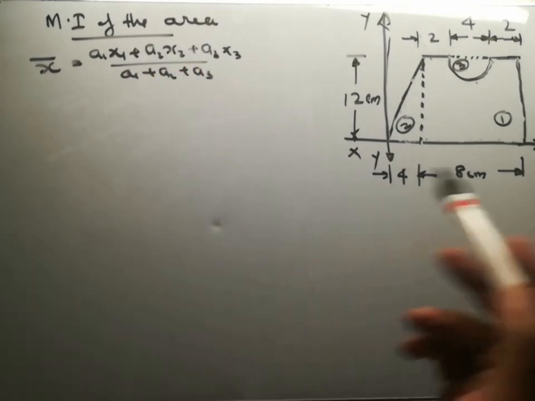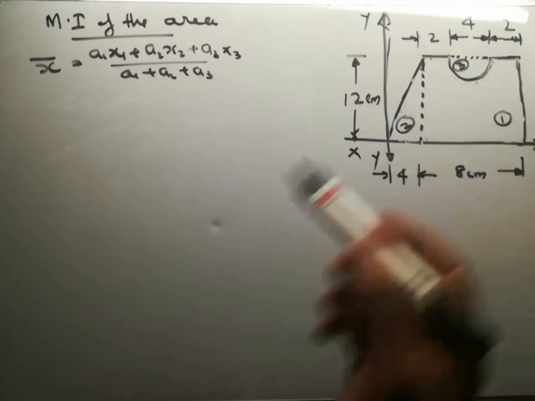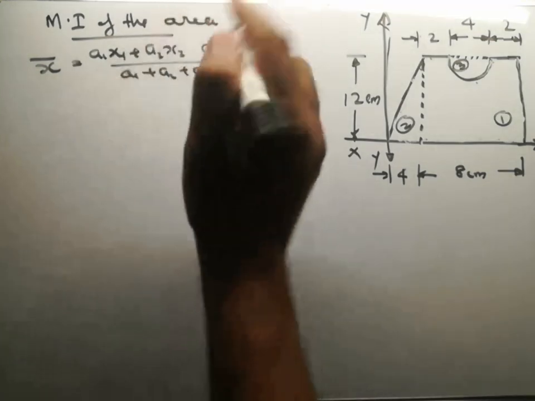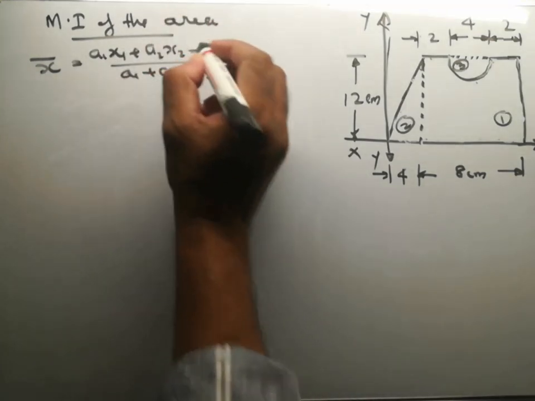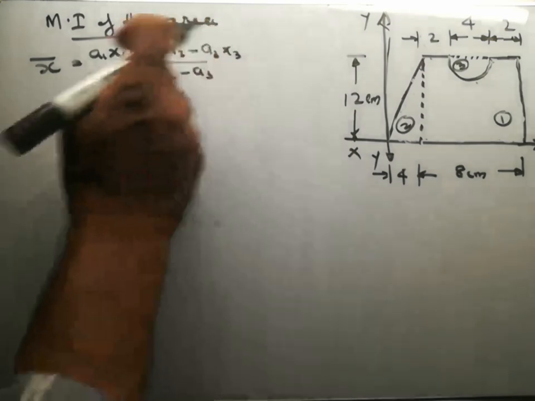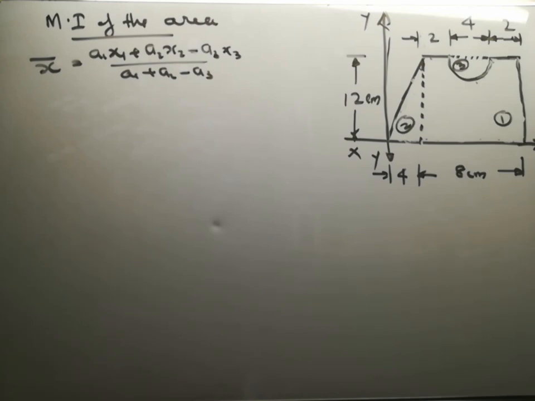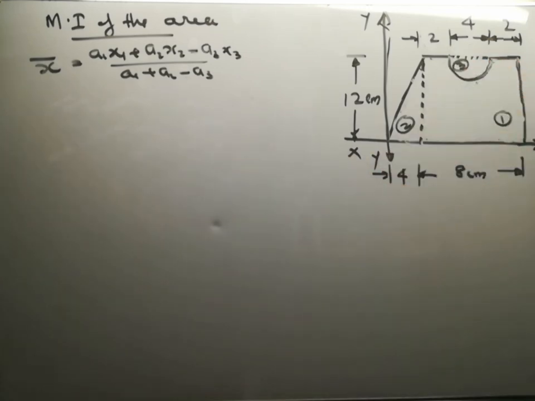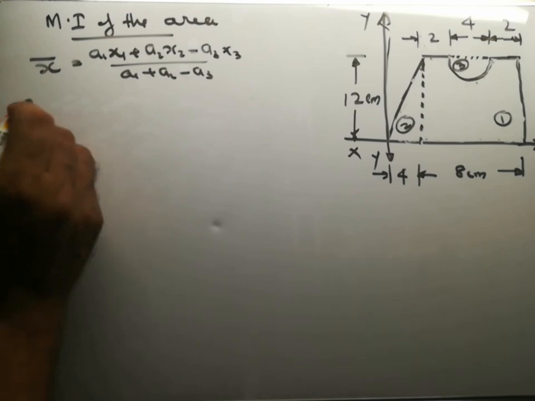In this case, the third portion, the semicircular portion, is to be subtracted. So here the sign will be minus. Here also the sign will be minus. In the case of y bar also the same thing will be there. That needs to be subtracted. So let us find out all these values: a1, x1, a2, x2, a3, x3, y1, y2, y3, etc. So for the first part, which is a rectangle of 8 by 12, we have